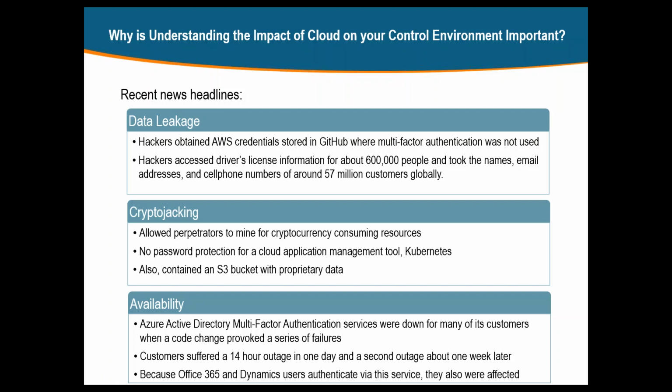In fact, Uber experienced a breach in 2016 when hackers obtained AWS credentials that were stored in a private repository called GitHub in plain text. Because Uber was not using multi-factor authentication for this repository, hackers were able to crack the password. Multi-factor authentication is the use of two or more pieces of information to validate user authenticity, such as password or PIN, plus a phone